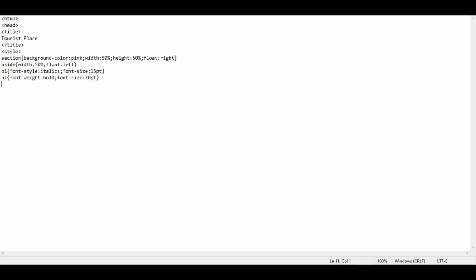This is sufficient, and this was our style tag. So we have completed our internal styling. Now we'll move forward to closing our head tag and starting out with the main body version.